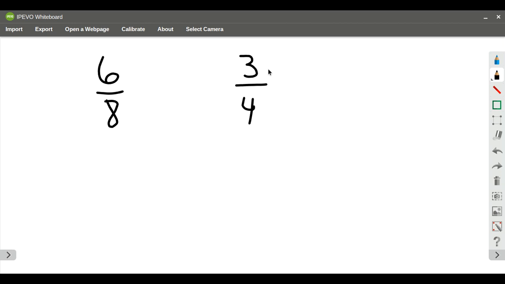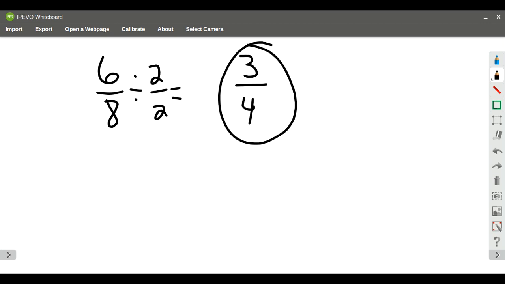I can't divide this out by any other value. I can't divide 3 by 2. I can't divide 4 by 2. Again, whatever I do to the top, I have to do to the bottom. And so I cannot divide by different values to create equivalent fractions. And so I'm going to see if 6/8 has a common factor I can divide by. They do. I can divide by 2. And so when I do 6/8 divided by 2, I actually end up with 3/4 as my answer. So both are correct